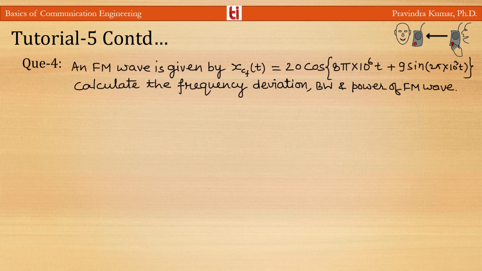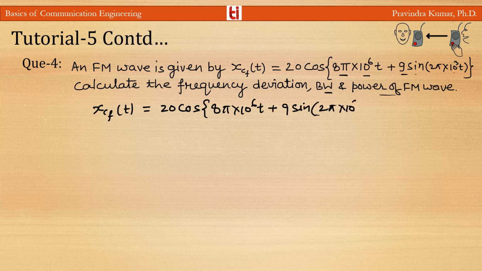Now question 4. An FM wave is given as xc(t) equals 20 cos(8π×10^6 t plus 9 sin(2π×10^3 t)). Calculate the frequency deviation, bandwidth and the power of the FM wave. You know, here we have been given the FM wave xc(t), which is 20 cos(8π×10^6 t plus 9 sin(2π×10^3 t)). And we know the standard FM wave equation,